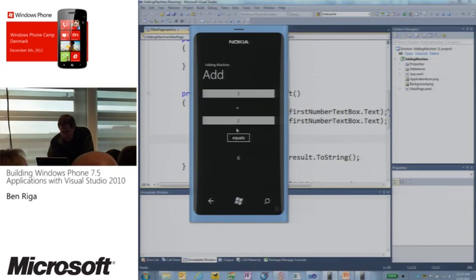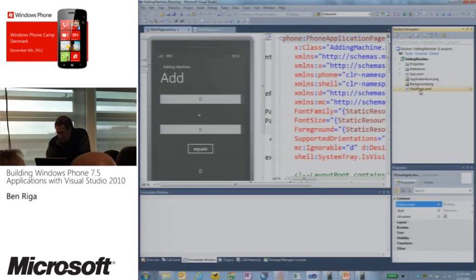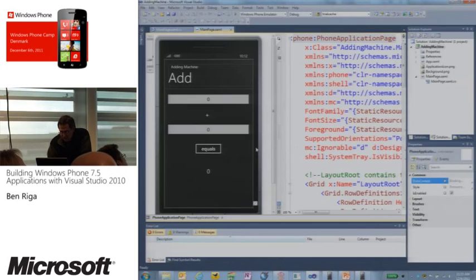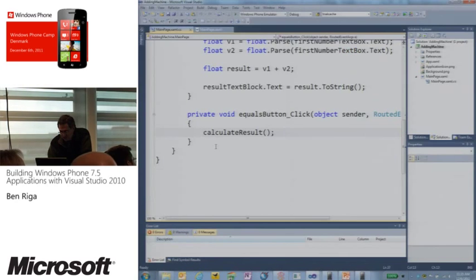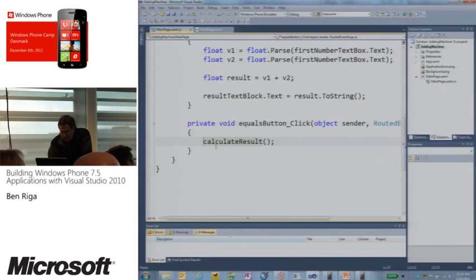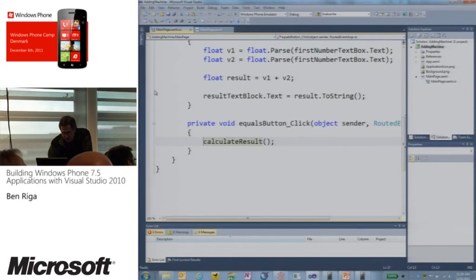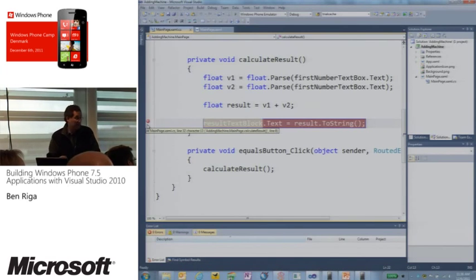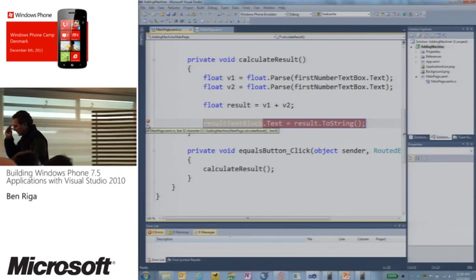And so what I'm going to do is I'm going to go into Visual Studio, and if I come to main page.xaml, let me stop this. There is the equals button, right? So that's the event that's being triggered. So if I double click on that, it's going to take me to the equal button click, and that's going to the calculate result. And so here is the calculate result. Just by clicking here, I'm putting a breakpoint there. So if I run this again,